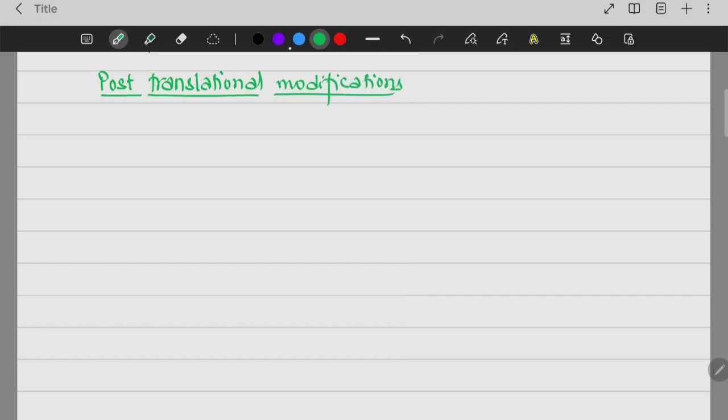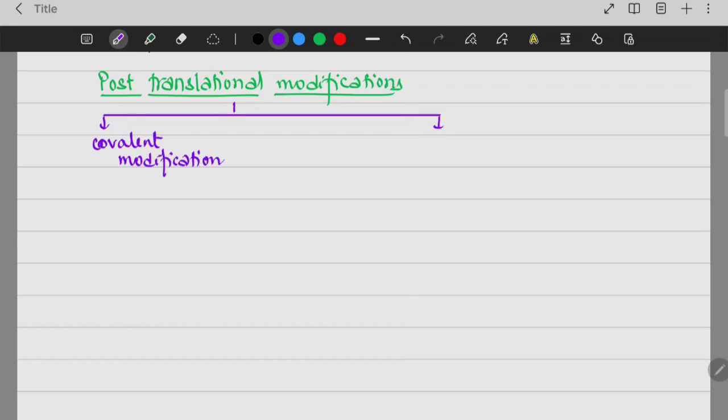Post-translational modifications can be explained by two types. One is the covalent modification and another one is the proteolytic cleavage. Okay. Covalent modification and another one is the proteolytic cleavage. Okay. In covalent modification, there are different points like the